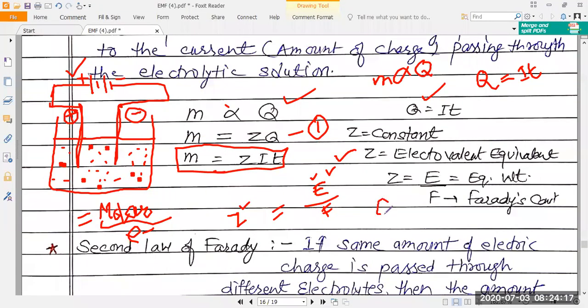For example, when we talk about copper plus 2, if we have to find the value of E, the equivalent weight of copper plus 2 ion, then how will we write it? The molar mass of copper is 63.5, and here n means the number of electrons participating in the chemical reaction. Here the value of n is equal to 2. So the value of E is equal to 63.5 divided by 2. In this manner we can find the value of Z. So when we solve numerical problems, it will be helpful.